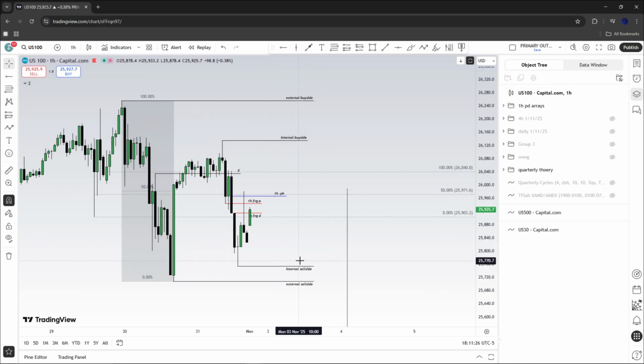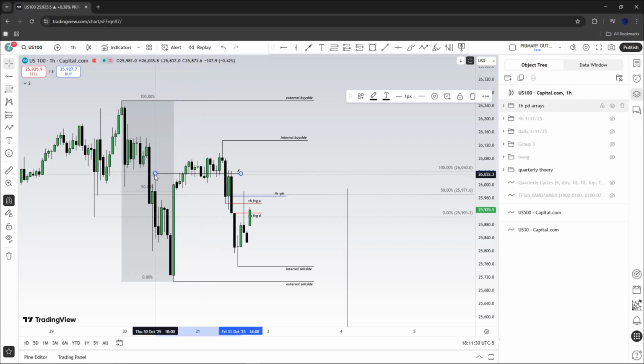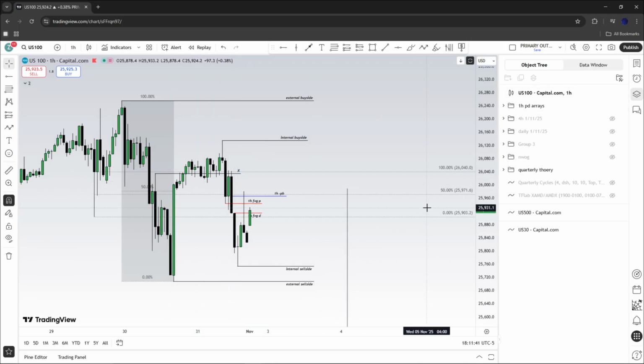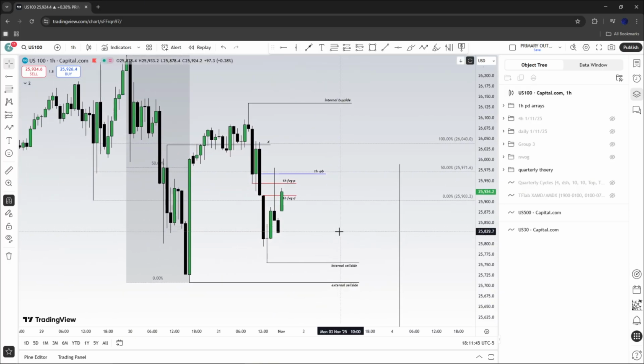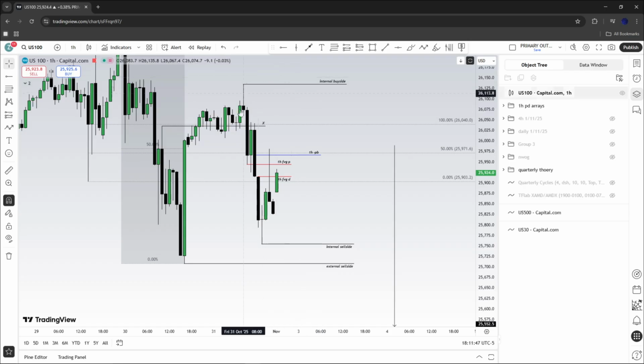Right. So initially we saw a sweep above internal buy side liquidity, which was this specific high over here. I think this was Thursday morning's high, which traded into that fair value gap. We saw a sweep of the liquidity above that and break down further. Right. Key thing that I'm paying attention to on the 1-hour time frame, because it is a narrative based time frame. This is the time frame that I like to come to in order to read the actual order flow, or read the actual daily order flow.